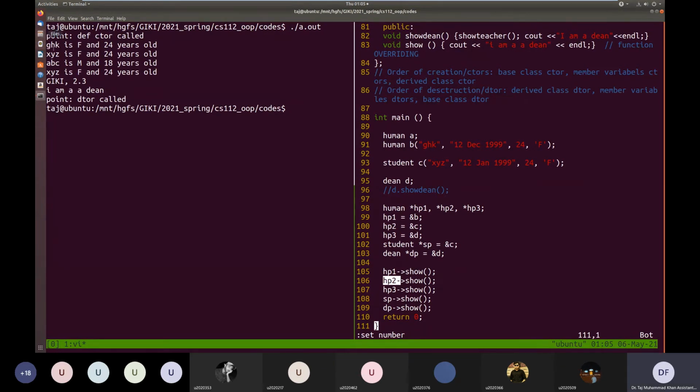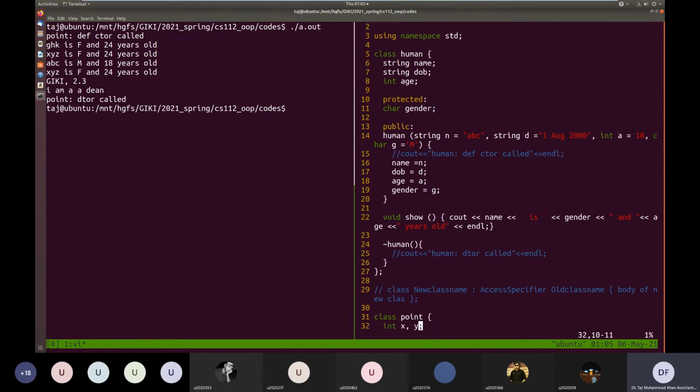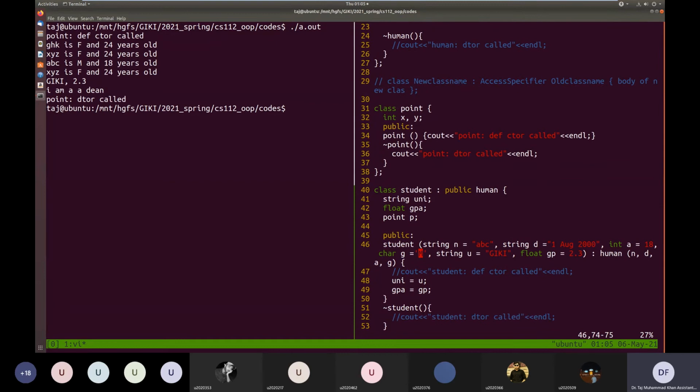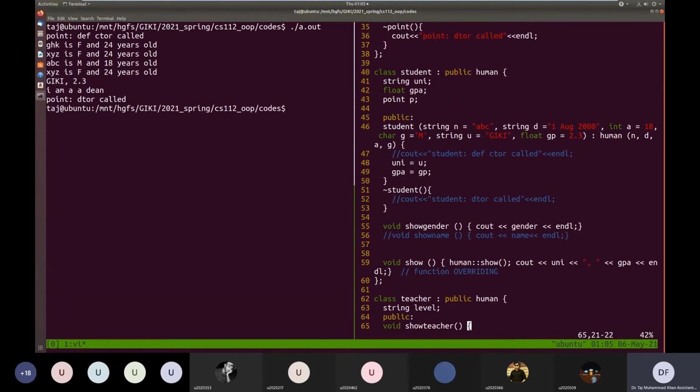If we go into the student object's show, the name is SM, 25 years old. So this is human, and inside the student object's show function, it is calling human show and then giving university and GPA.